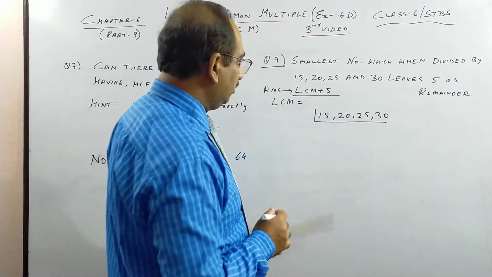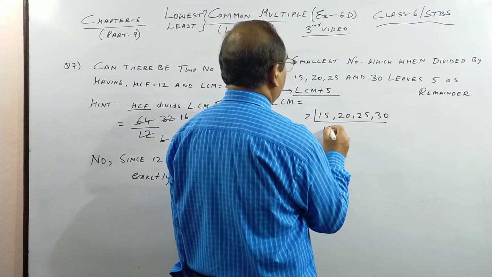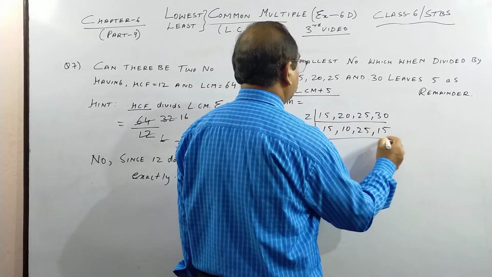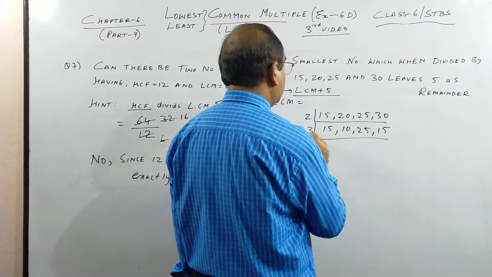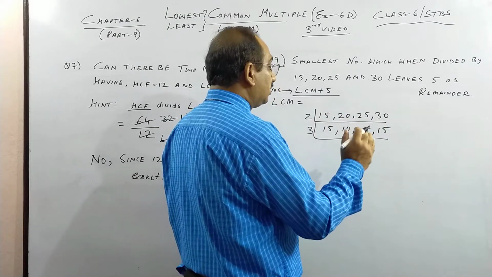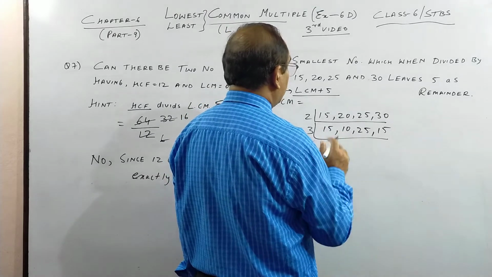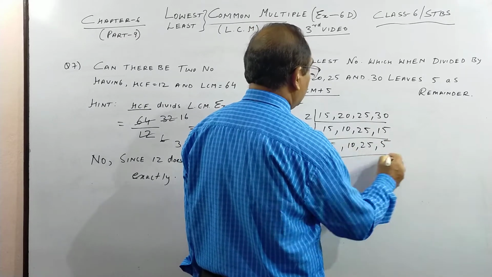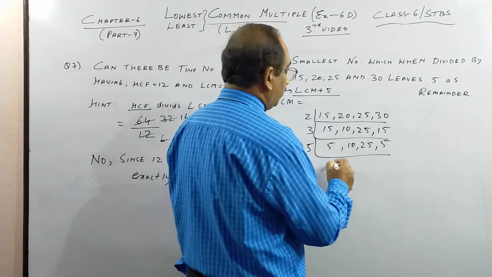So here we go, children. We have to find LCM of all these numbers. 2 numbers will go by 2. So first I try with 2. As I told you, I start with the first prime number 2. Then only one number will go. Then I try with 3. See, 5 I could have tried, but I go with 2. At least 2 numbers should go, then 3. And if only one number is going with 3 or no number, then I will go with 5. So here, now you see, with 2 one number will go, with 3 none of them will go. Now I will try with 5.